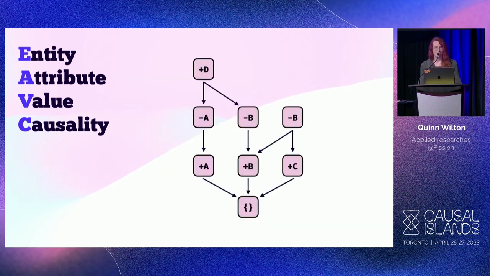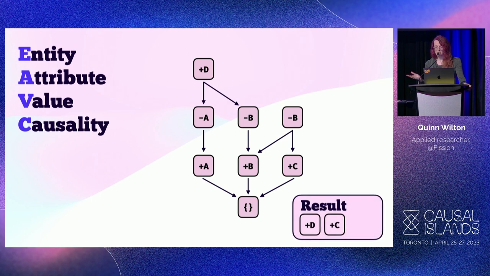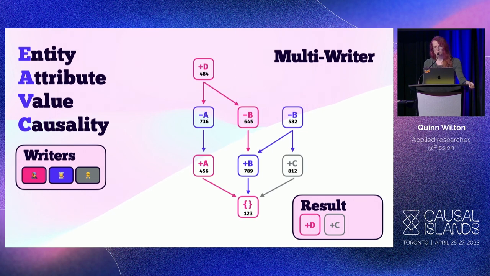A directed acyclic graph. Thanks to the CALM principle, by using a query language inspired by Datalog, we can traverse this graph and interpret its structure as an eventually consistent CRDT. In this case, it can be viewed as an observed-remove set for a set containing the letters D and C. But because we use IPFS to derive content IDs for data, we can also guarantee that these CRDTs are